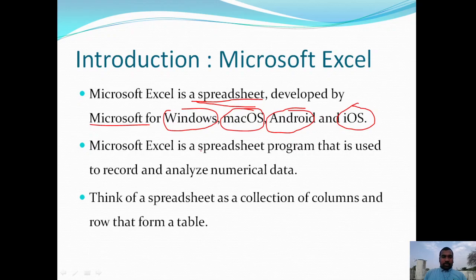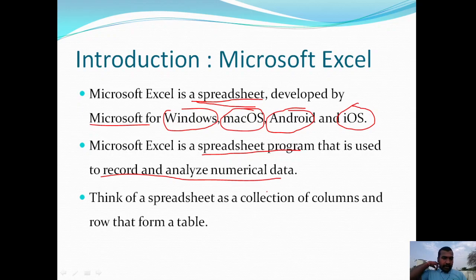Microsoft Excel is a spreadsheet program. A program is nothing but an application, simply. It is used to record and analyze numerical data. So we are using this spreadsheet program to record and analyze the numerical data.